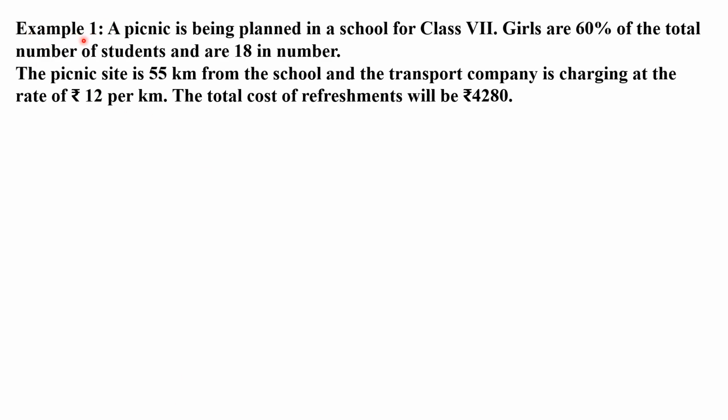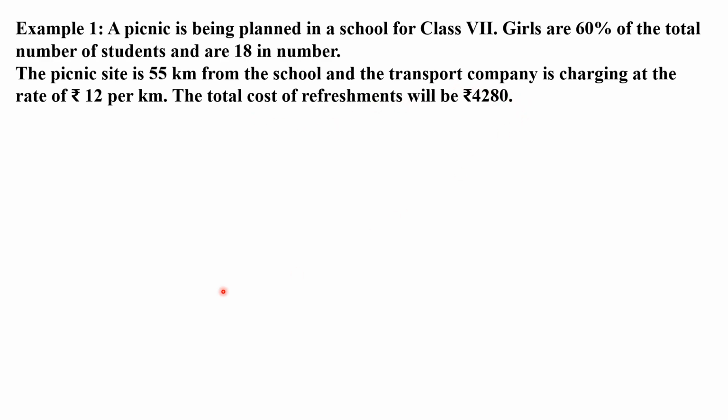Now this question I have taken from the NCERT textbook. This is example number 1. The question is, a picnic is being planned in a school for class 7. Girls are 60% of the total number of students and are 18 in number. So girls are 60% of the total number of students and the number of girls is 18. The picnic site is 55 kilometers from the school and the transport company is charging at the rate of 12 rupees per kilometer. So the total cost of refreshment will be